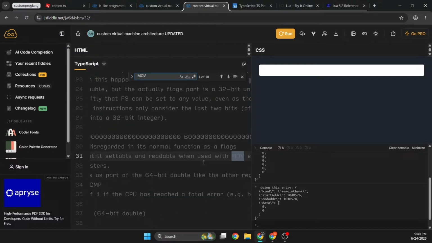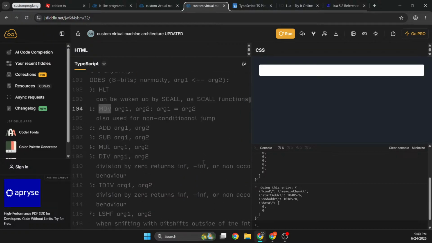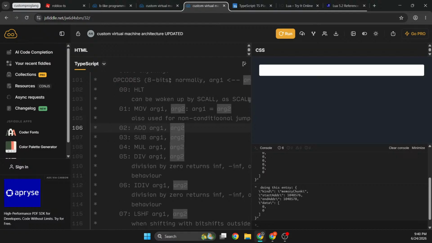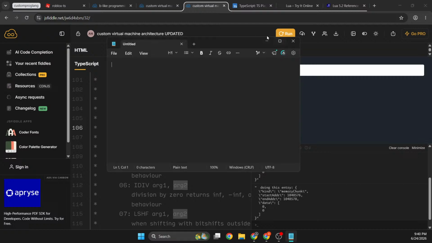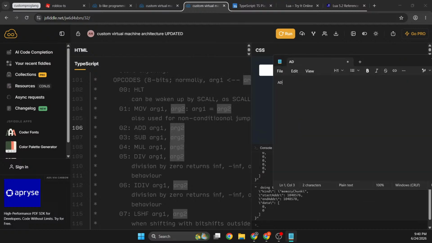Move. Add, sub, mul, div. Oh, Maldives. Wow. Okay, let me put on Notepad the list of instructions. So we got move, add, okay, 0, 1, okay, 0, 0 is halt, 0, 2 is add, 3,